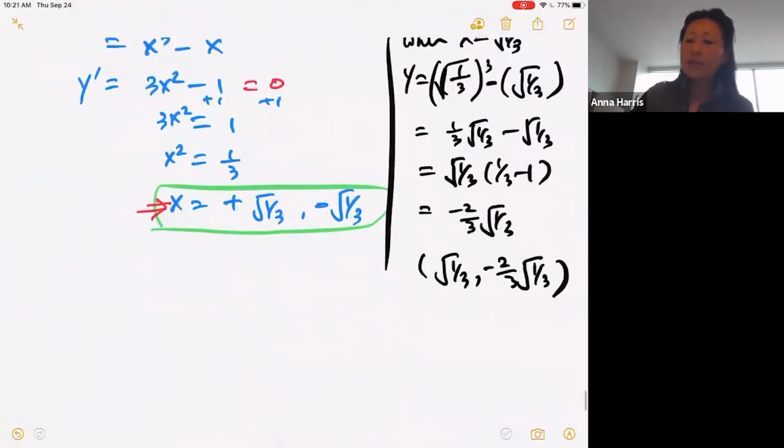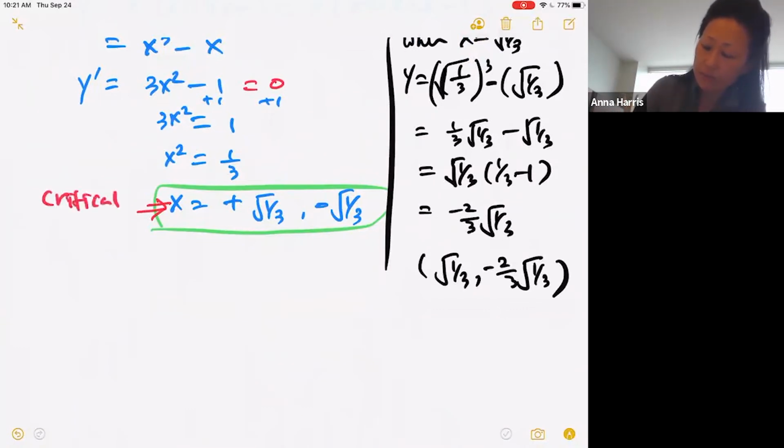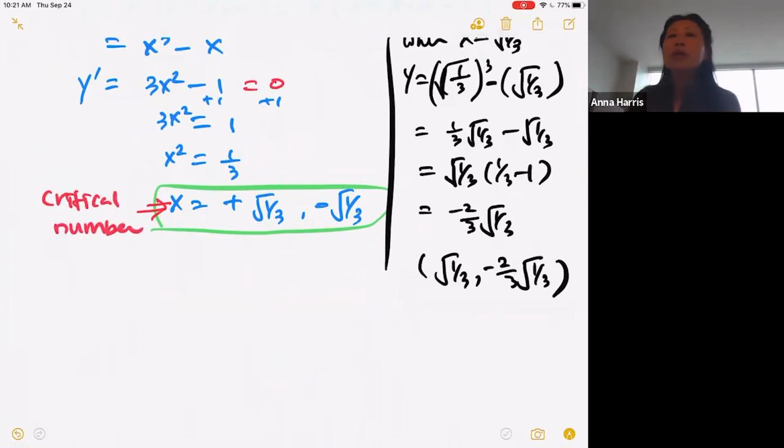Okay, this x that you found, you call this a critical number. Everybody with me? You set the first derivative equal to 0 and you find your x. That makes y prime equal to 0, that x value, you call it a critical number. Now, the critical value